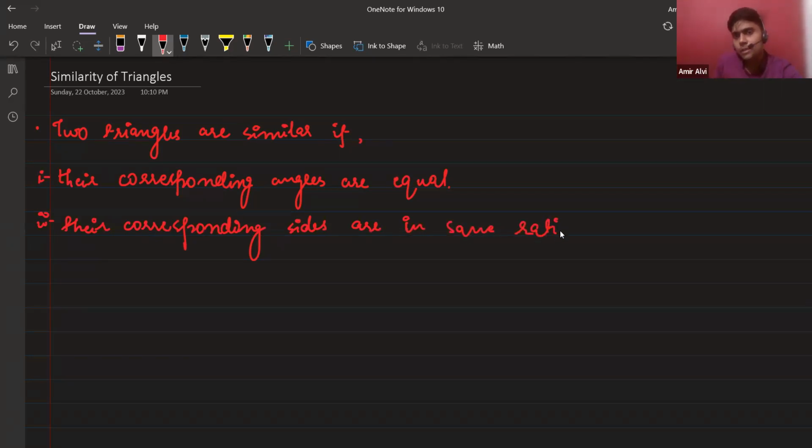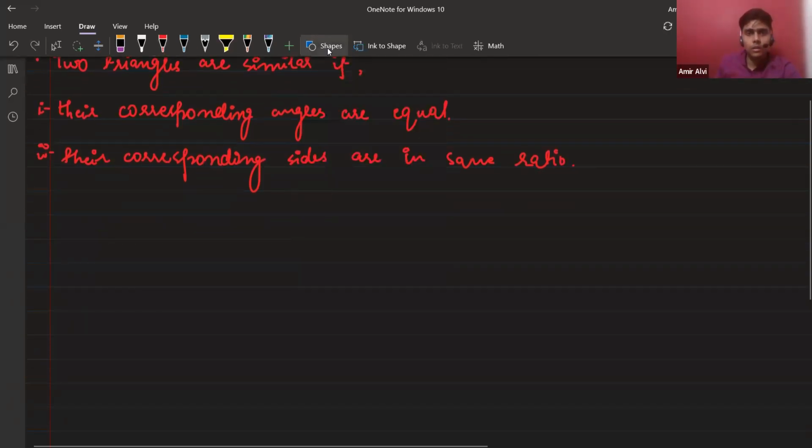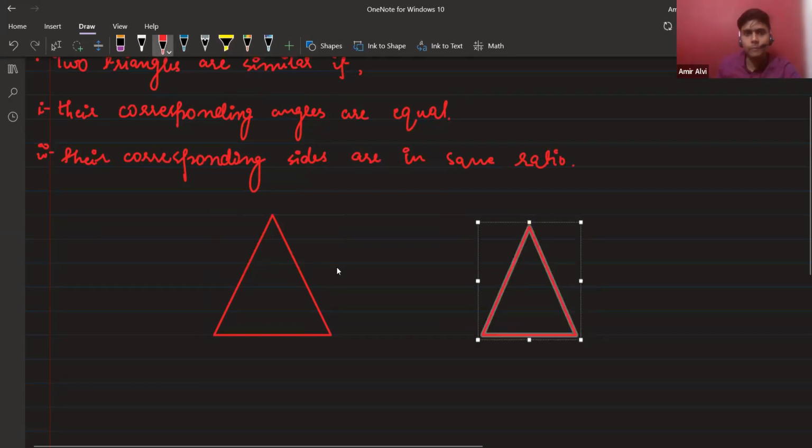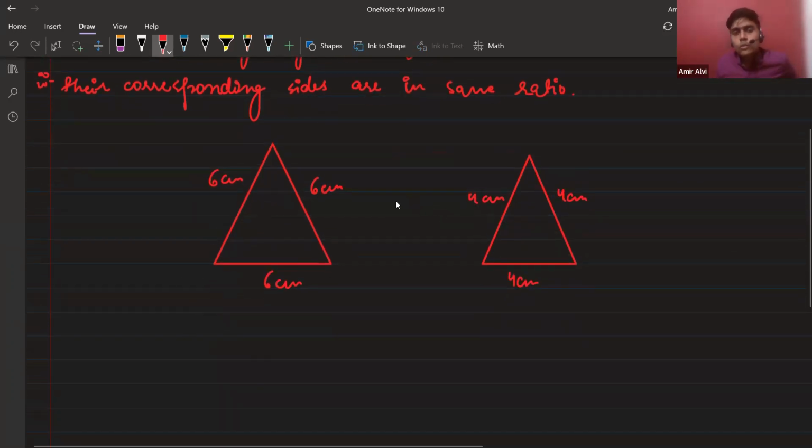So the second example basically represents that, suppose this is a triangle, and this is another triangle. Suppose this is 6 centimeter, 6 centimeter, and 6 centimeter, and this is 4 centimeter, 4 centimeter, 4 centimeter. It means just take the ratios of these sides. This side will be taken with this side, the ratio 6 by 4 equals